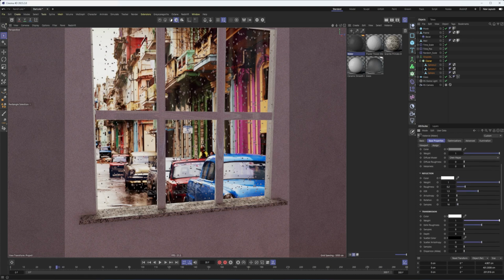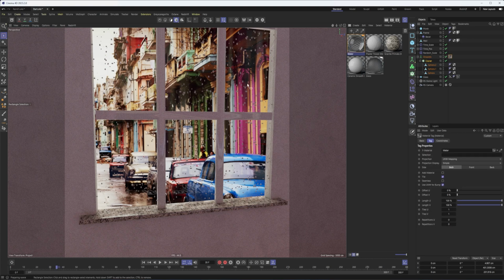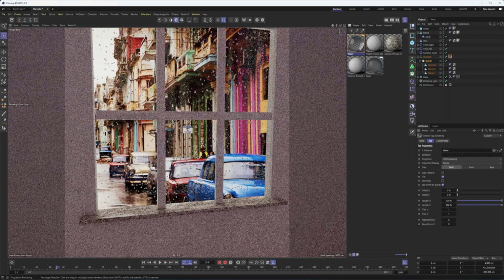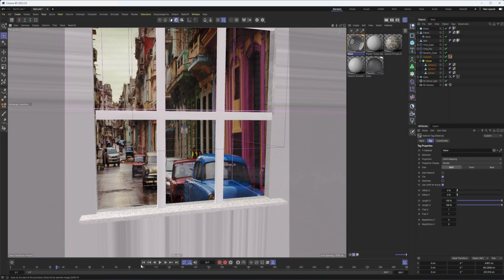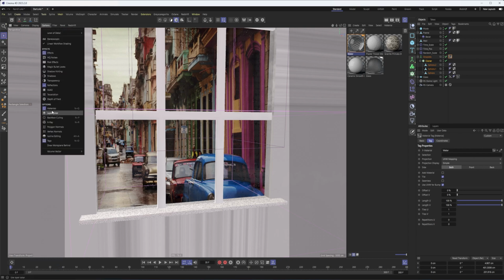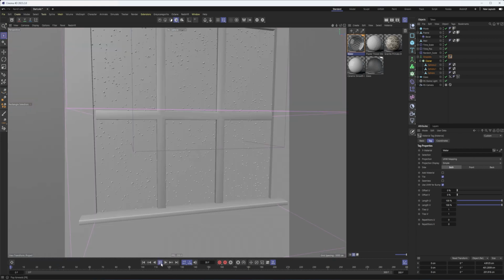Set transmission to 1 and your roughness to 0. Apply that on the droplets, or even the cloner would work. And that will make them not nearly as noticeable, right? That's starting to look pretty good. And so I'll pause that to preview this without materials, so we can see what we're getting.